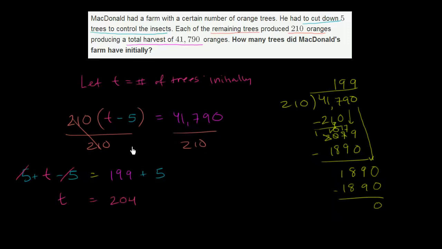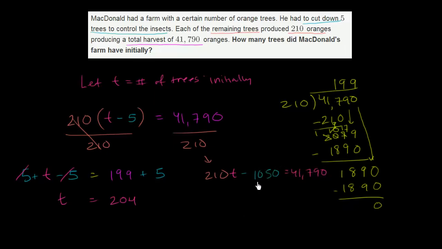Now, I told you there's multiple ways to do this. Instead of dividing both sides by 210, you could have decided to distribute the 210. And then you would have ended up with 210 times T minus 5 times 210. Actually, let me just multiply it out, so we save some space. 5 times 210 is 1,050. Minus 1,050 is equal to